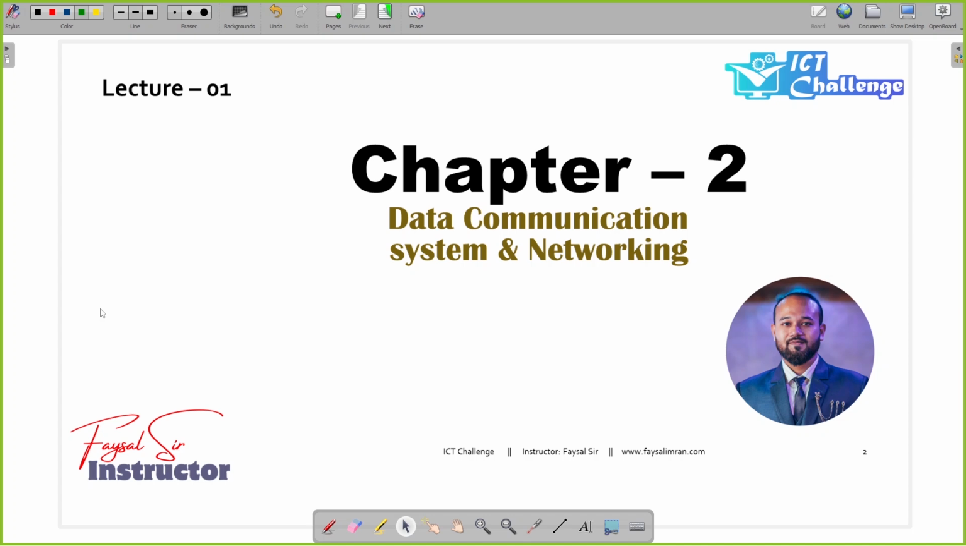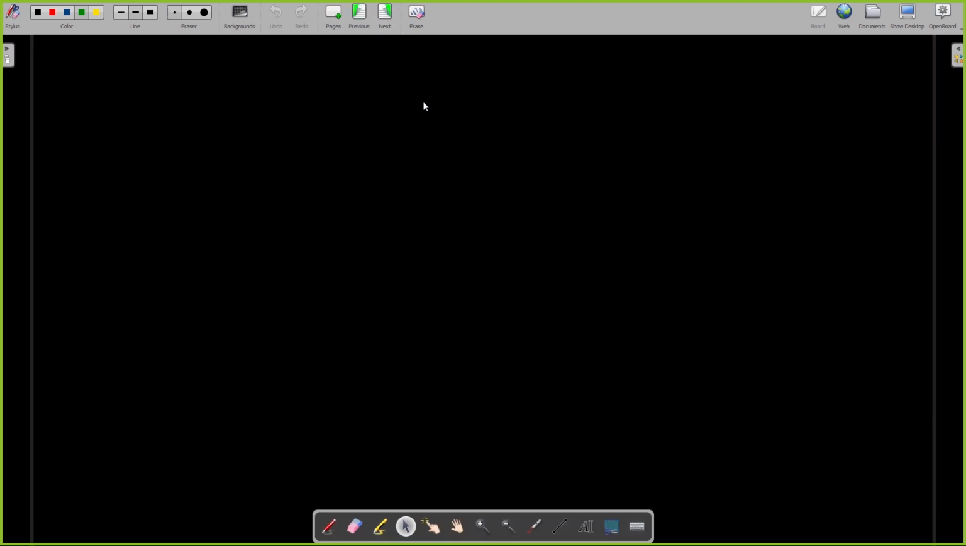Today we are going to start our chapter 2. This is data communication system and networking. This is lecture 1, and in this chapter we will understand about the data communication system and the devices, how it works and how we actually use our device, and how a network system can transfer the data from one device to another device. So here at first we have to understand the basic information of data communication system, which is